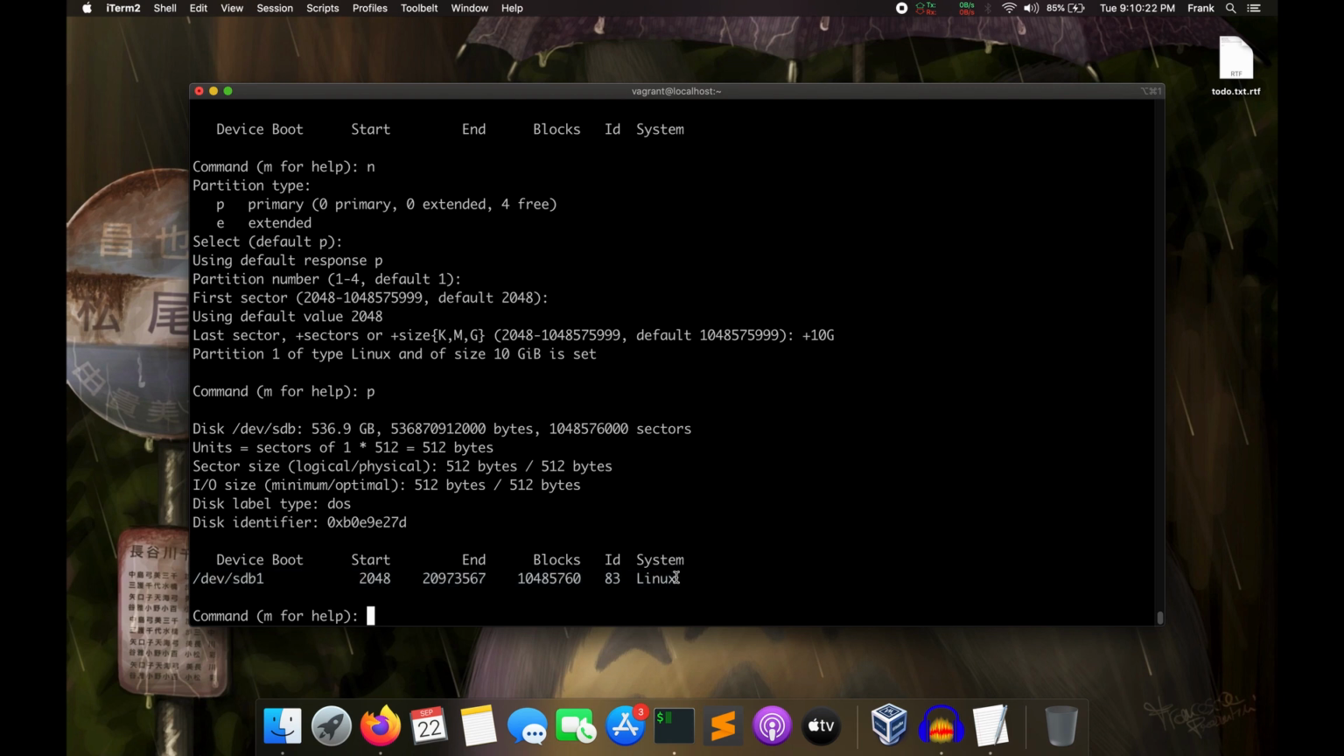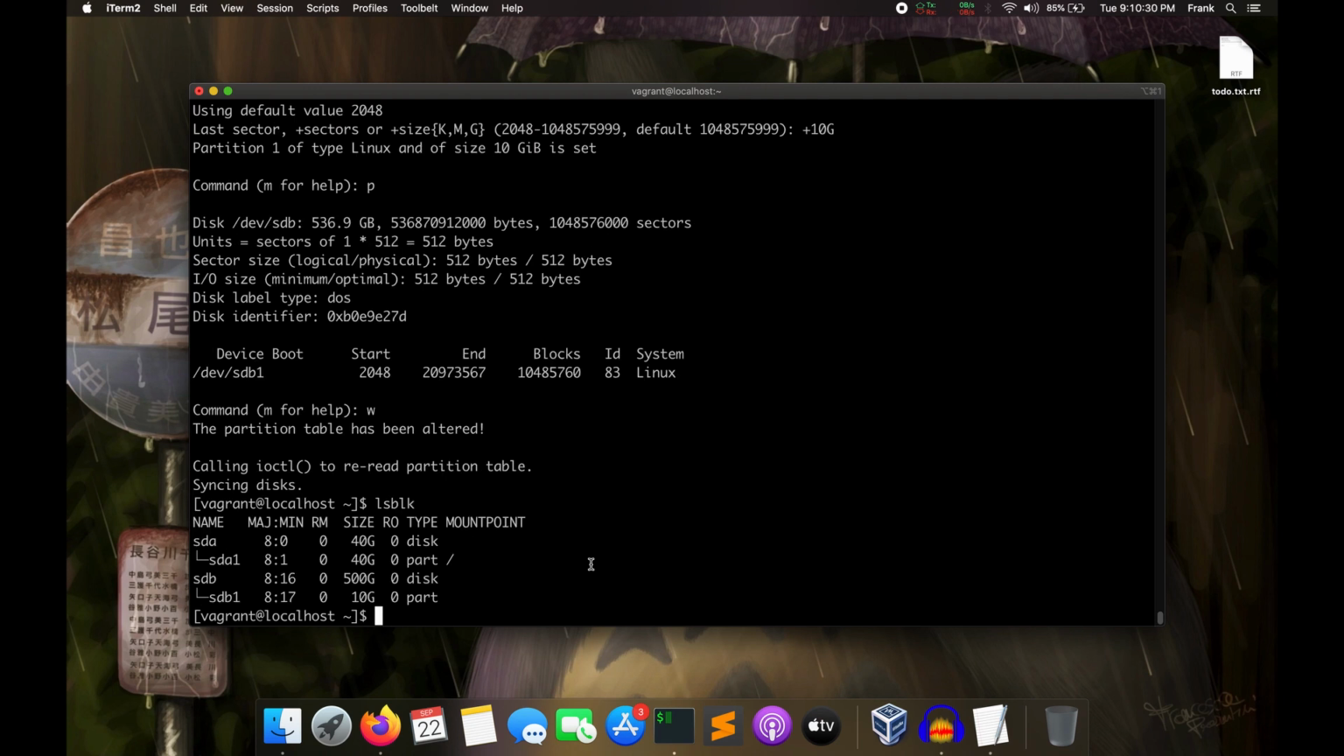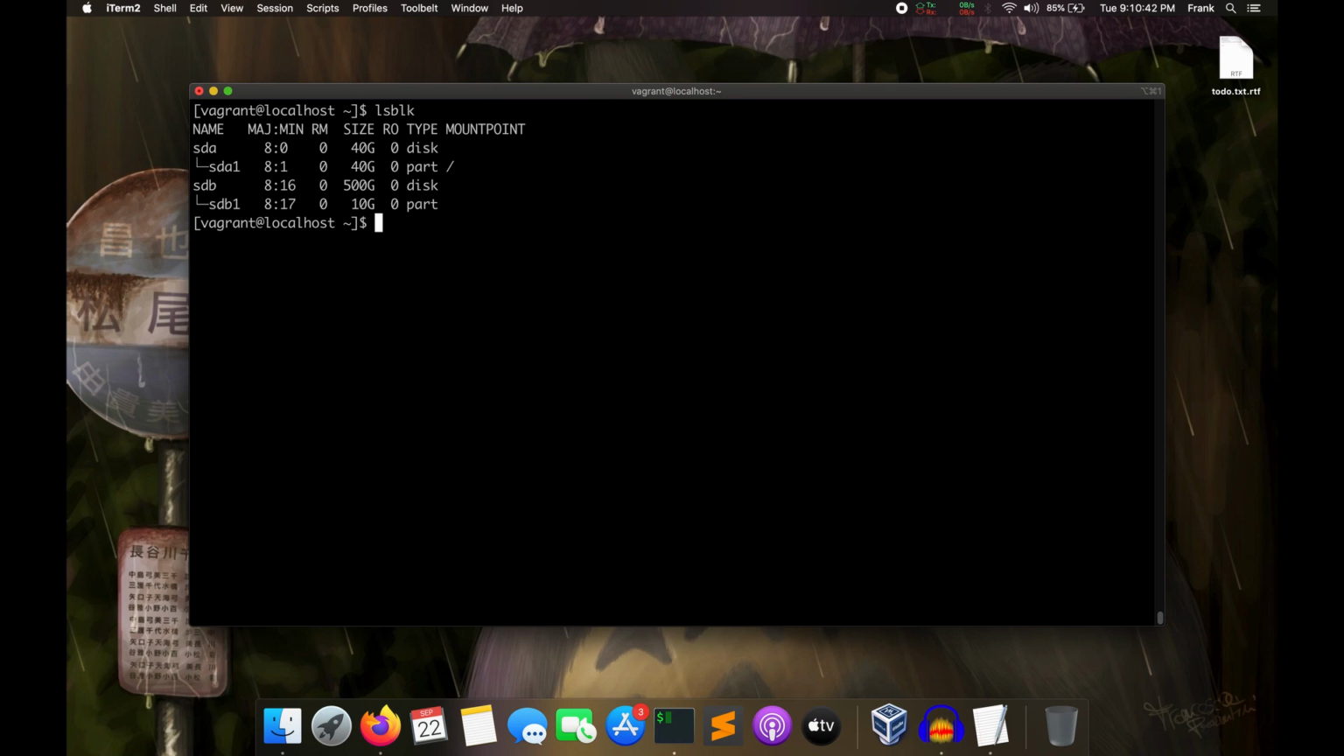Alright, so basically to save our changes, I'm going to go ahead and put W to write. And now when we list our block devices, we can see that we have a partition under our second disk. So at this point, if we want to be able to use this new partition in our operating system, we